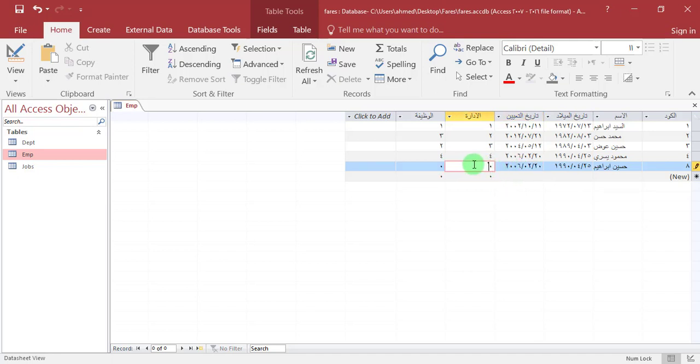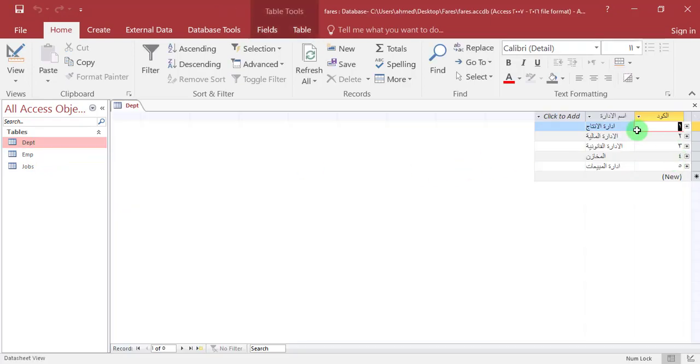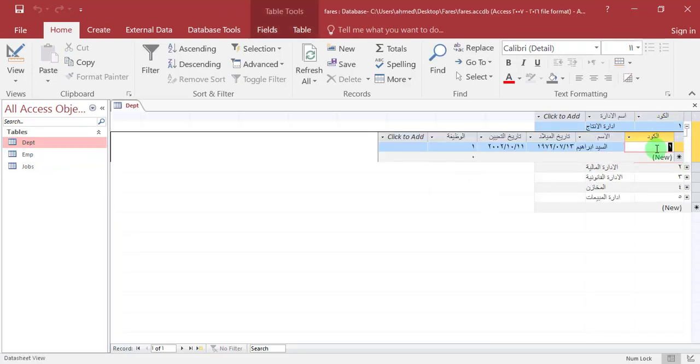Inserting department ID and job ID. We can make it a list to choose from, we will explain. Expanding the department table will display the recorded employees in the EMP table.